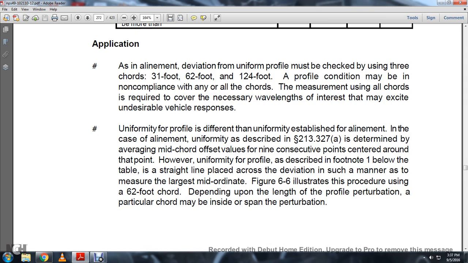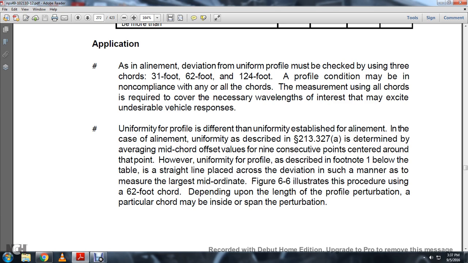Unlike alignment, deviation for uniform profile must be checked using the 31-foot, 62-foot, and 124-foot chords. The profile condition may be in non-compliance with any of the chords of measurement, so use all the chords required to cover the necessary wavelengths, since they may excite an undesirable vehicle response. Uniform profile is different from the uniformity established for alignment. In the case of alignment, uniformity is described in 213.327(a), determined by the average mid-chord offset values